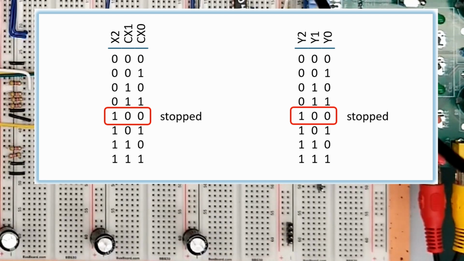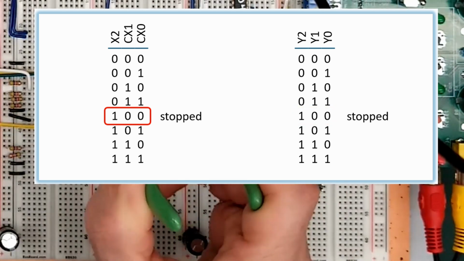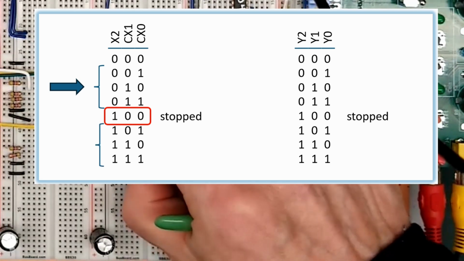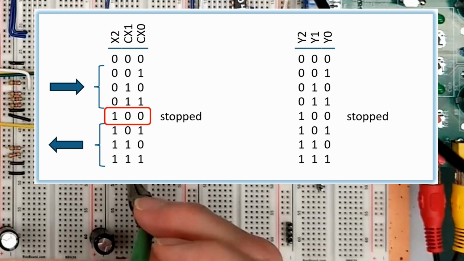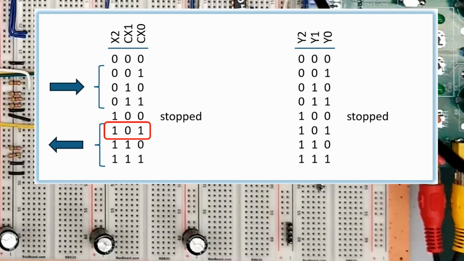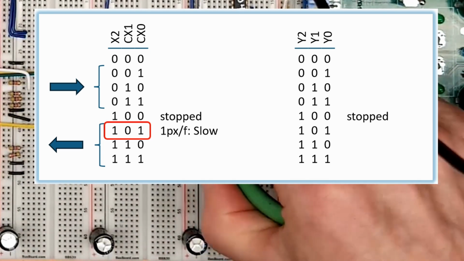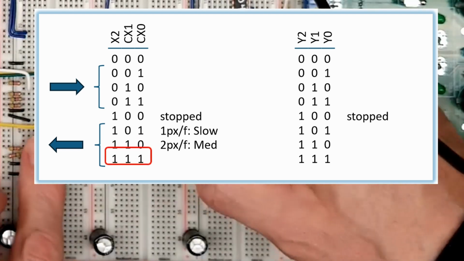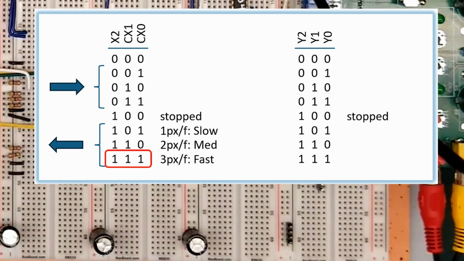Let's think about this with the x-axis first. If we load values less than 4, the ball should move right because we have to take more steps than the video counters in one frame. If we load values greater than 4, the ball should move left because we take less steps. If we load a 5, for instance, the X counters take 1 less step, so the ball should move left by 1 pixel per frame, or about 60 pixels per second. If we load a 6, the ball should move left by 2 pixels per frame, and a 7 should move the ball 3 pixels per frame, or about 180 pixels per second.